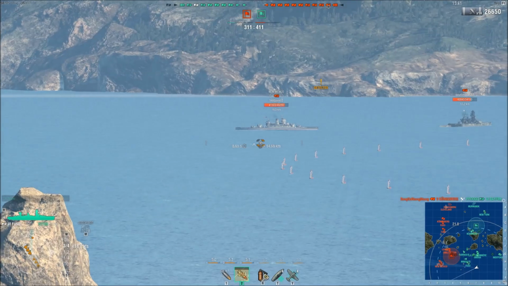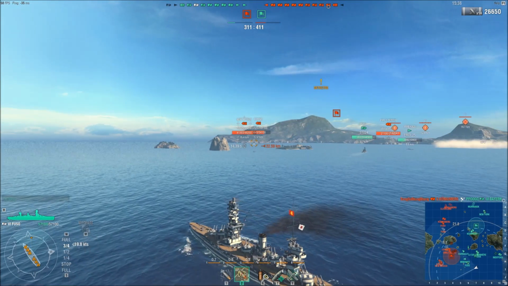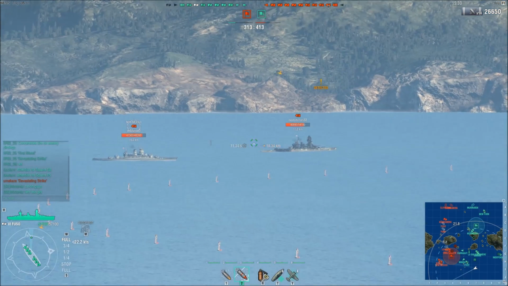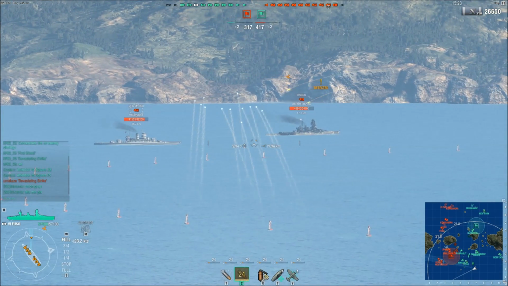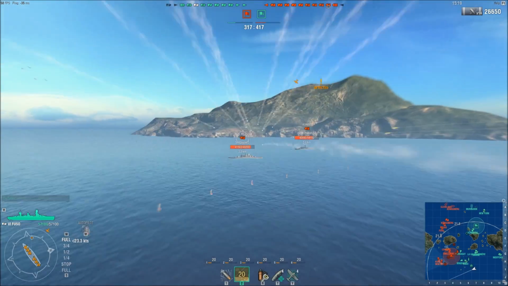And of course, the size of the Fuso is absolutely massive. If you stuck a Scharnhorst next to it, the Scharnhorst is actually smaller than the Fuso, and so the Citadel is actually quite large. Now, the enemy team has taken an early advantage here by destroying one of Frizz's team's